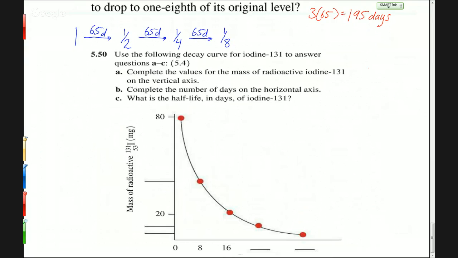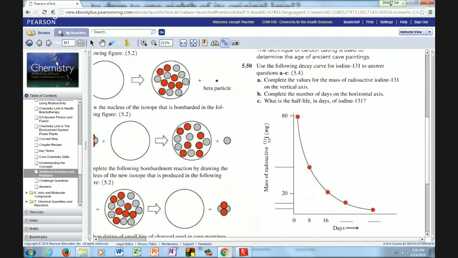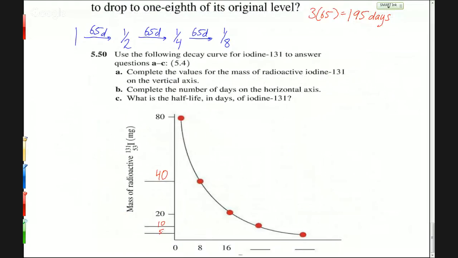So you cut 80 in half, and we've got 40, right? And then 20, and then 10, and then 5. And then the x-axis is time, so that's going to be spaced evenly. So we've got 8, I assume, days. Yeah, days. So we've got 8 days, 16 days, 32 days,